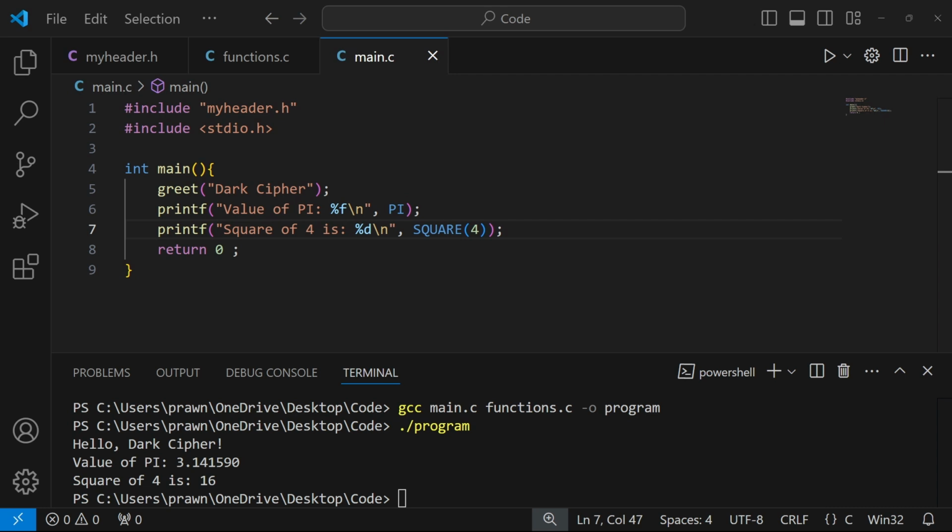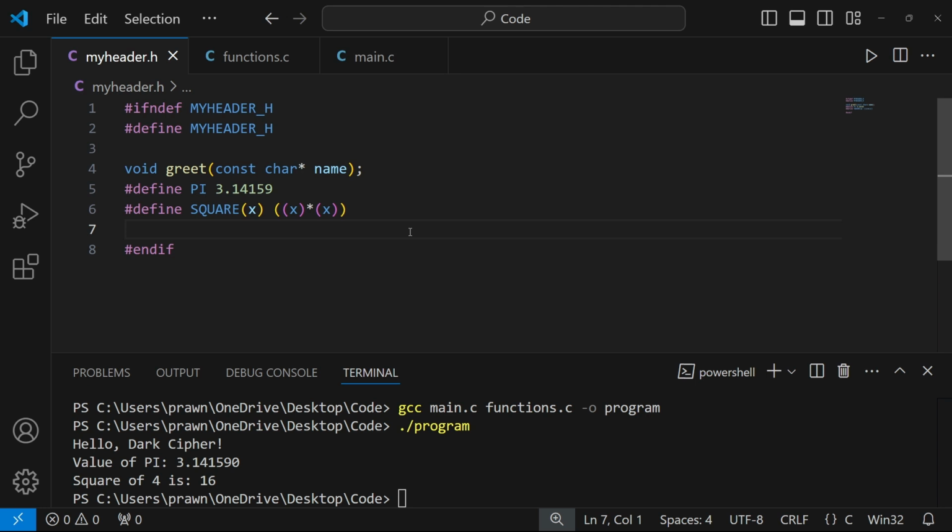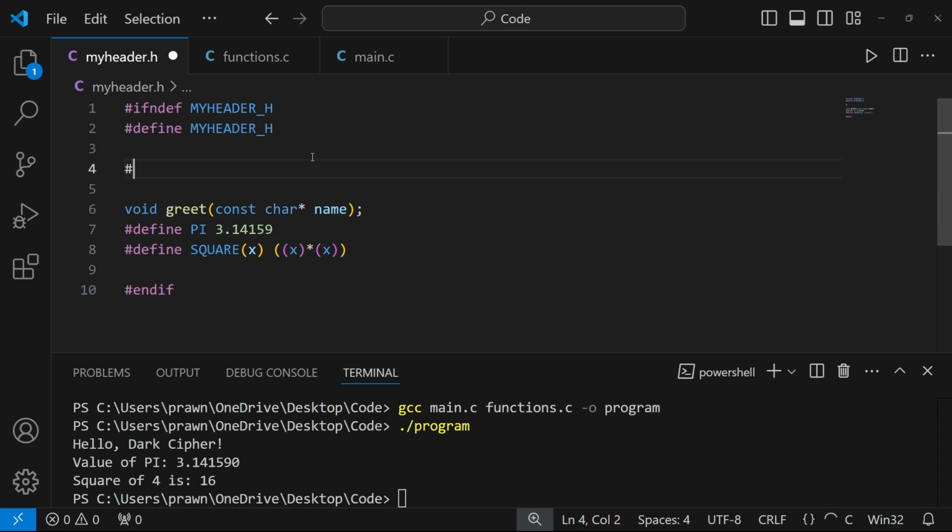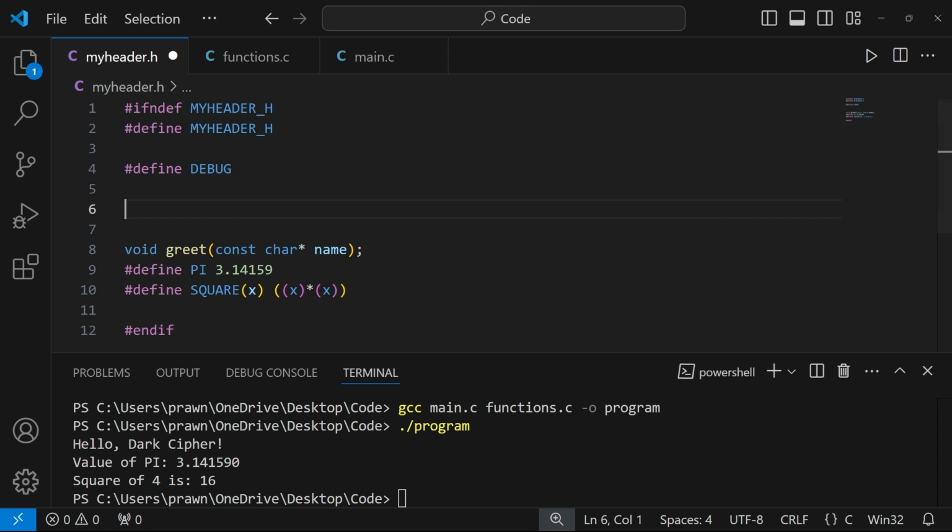Now what we will do is, just to strengthen our concepts and understand a bit more about conditional inclusion, we will add a simple conditional inclusion example to the same program. Basically, we'll just modify this header file to include some debug code if a debug macro is defined. Okay, so let's define a debug macro first. Define debug. Okay, now if the debug macro is defined, what we will do is we will define some debug statements or function. So in this case, if debug macro is defined, that is ifdef debug,